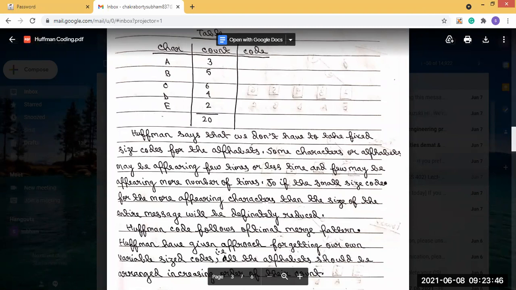In that case, we will use a small size code for more appearing characters, and then the size of the entire message will definitely reduce.